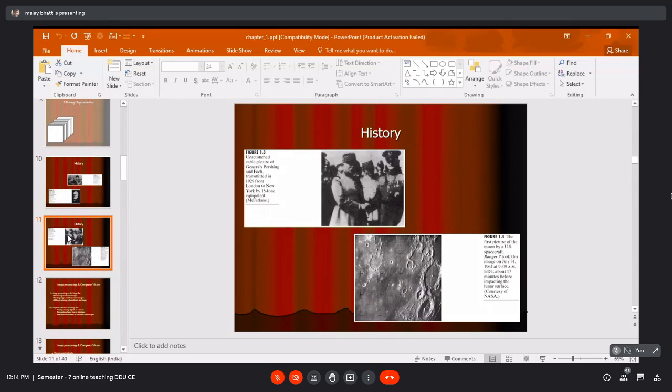Using a 15-ton equipment, it was transferred from London to New York for the newspaper, and two people are shaking hands in that. Later on, you will find a picture taken by a spacecraft of the moon. This is the first picture of the moon taken with Ranger 7 in 1964.